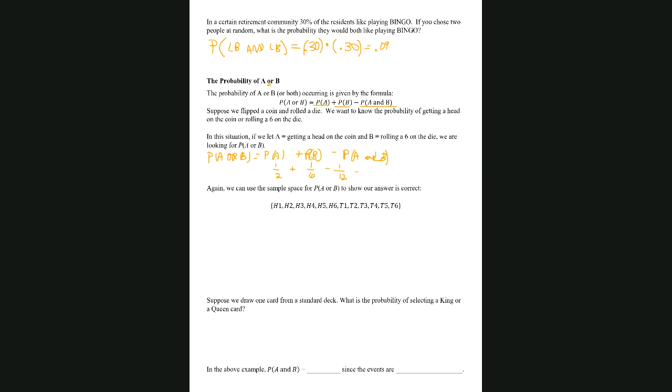So when I take 1/2 plus 1/6 and subtract 1/12, I get, in decimal form, 0.583. I also get 7/12. So 0.583 is approximately equal to 7/12. That makes sense because if I change all this to twelfths, I get 24/12 plus,